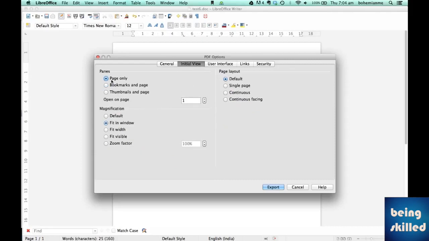Initial document, initial view, we have panes. Now we can just have bookmarks on the left side, or thumbnails and the page. This is how it will look like. Fit in window. If you want to make it zoomed, a bit zoomed, then